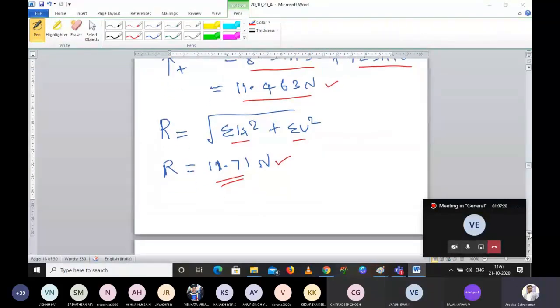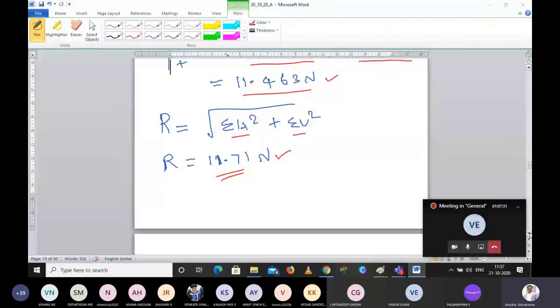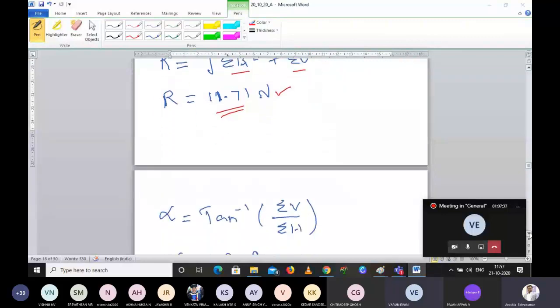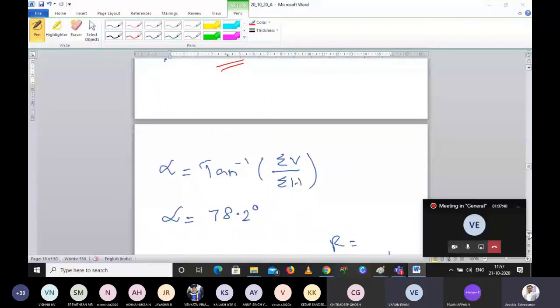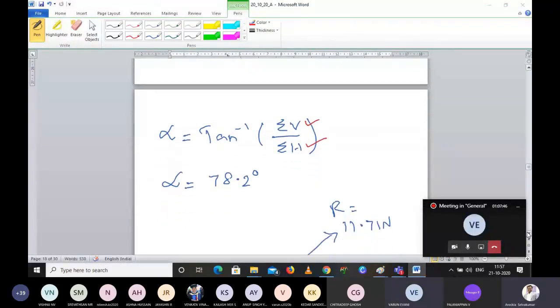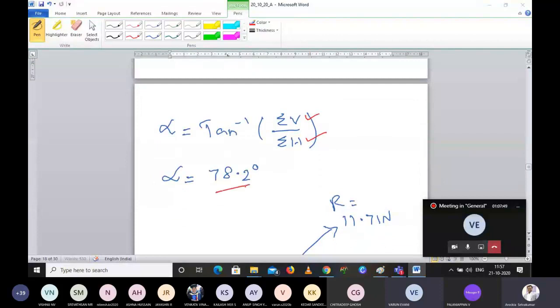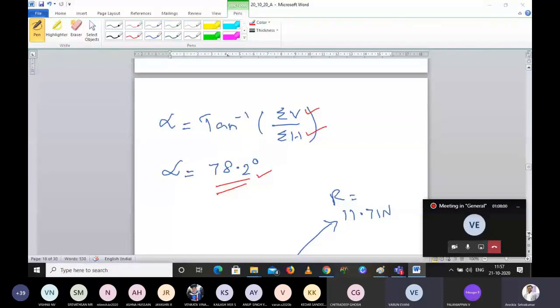So we have calculated the resultant. Why we are calculating moment is because we have to calculate the resultant location from the point we are taking the moment about. And then we have calculated the resultant angle also by using previous relations, and we have got 78.2. How many of you got 78.2? Are you getting the same answer or a different answer? Same answer, sir. So you're considering rotation around A, right? Yeah, exactly. I'm taking with respect to A.